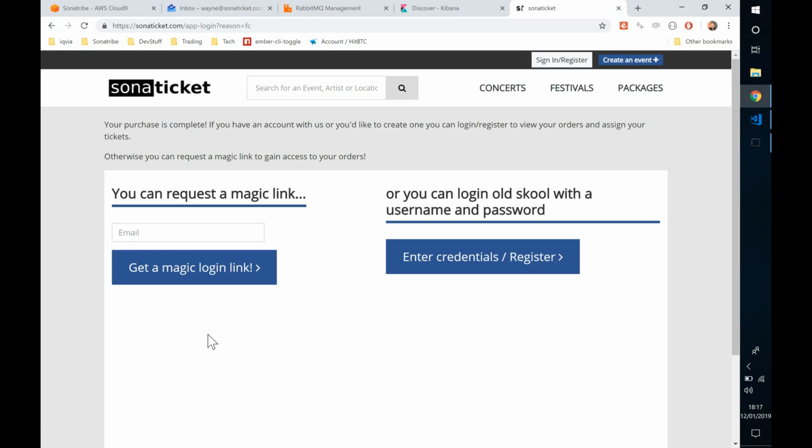So now you can see that the purchase was successful, but because I don't have an account, I can't get redirected to view those tickets because I haven't got any sort of authorization. So what I can do is either sign up with a username and password, so an email address and a password. If I use the same email address that I used to create the order, then it will automatically get linked up to that account. If I don't want to create an account, I can request a magic link, which will give me temporary access to those tickets. So if I do that here,